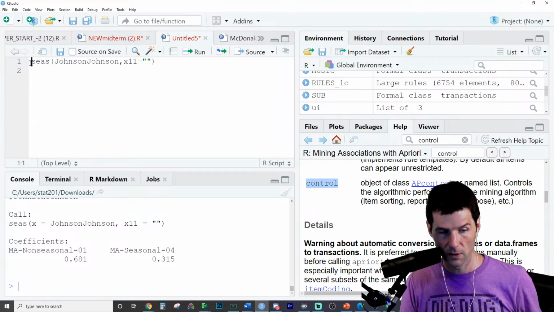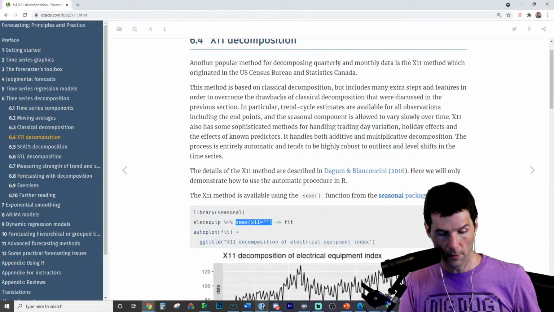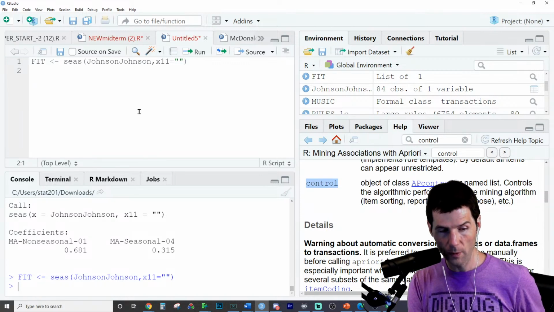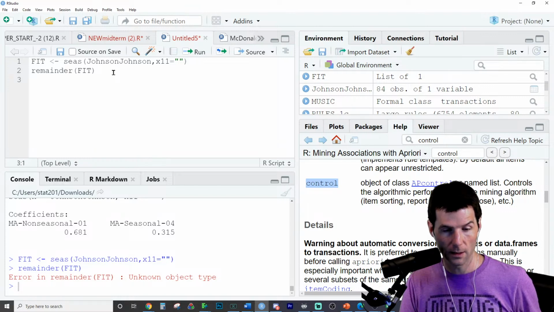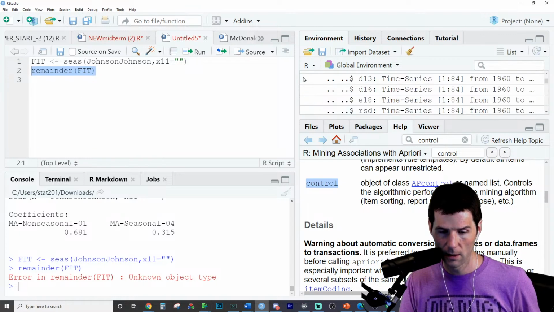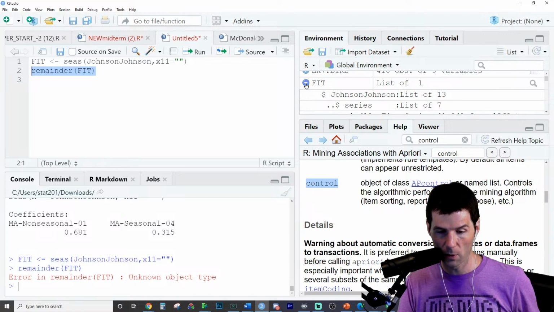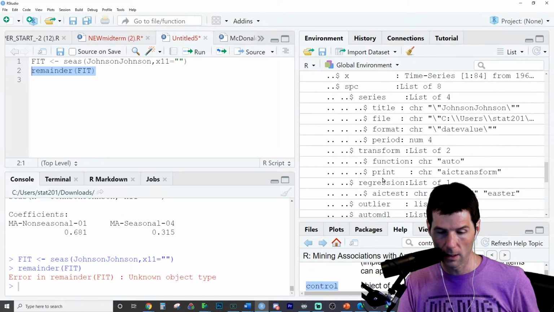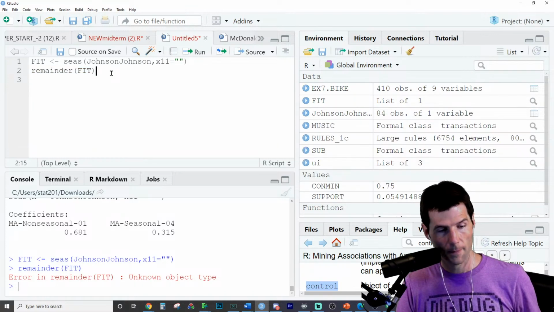I don't like left arrows. At this point, I'm not going to use the left arrow. And then right here, we can plot it. Cool. But we should also be able to get the remainder out of it. Are you going to give me a remainder? No, it doesn't like it. It's a fit object. A list of one. Whoo, look at that. Interesting object to work with. Really? That is not a pretty object. Not the prettiest thing it saves.